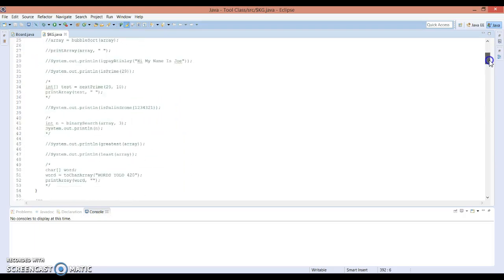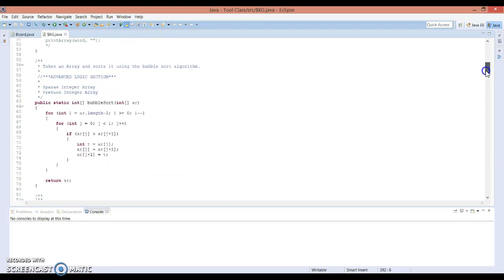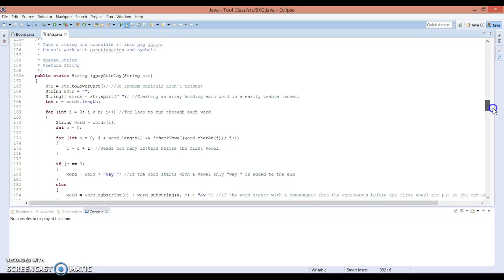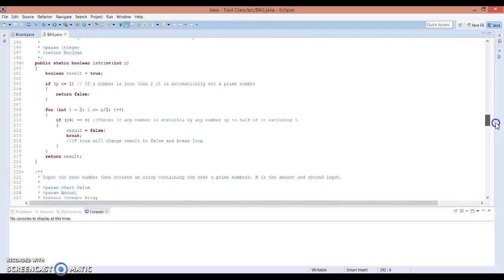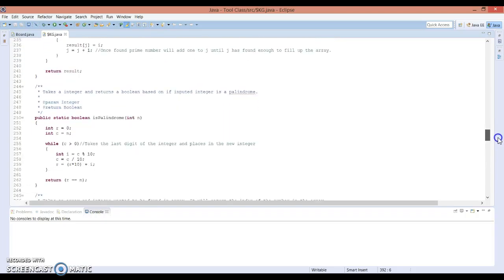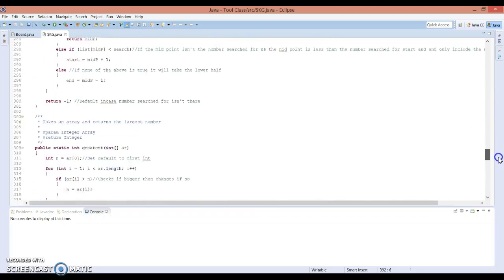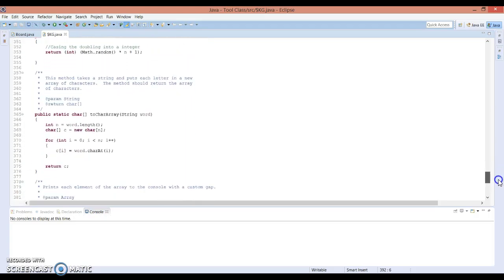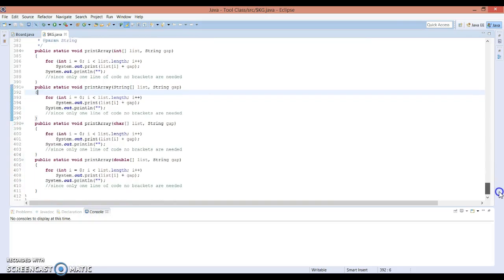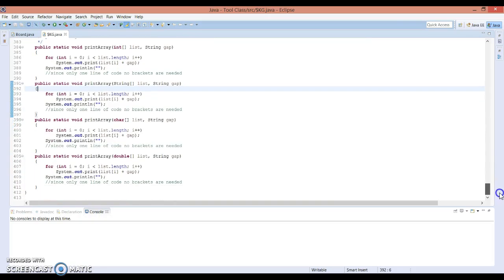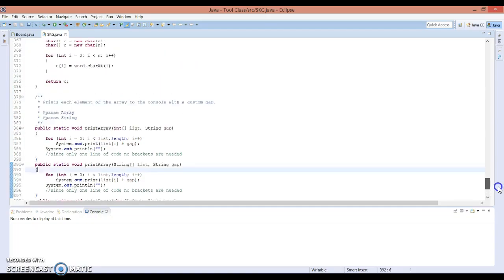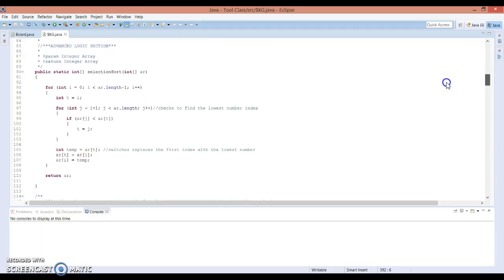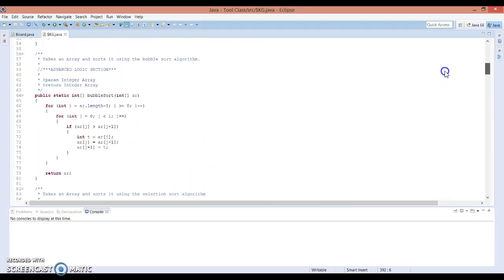Now, if we take a quick glance at my tools, we can see I have bubble sort, selection sort, insertion sort, a check vowel, a pig Latin, is prime, next prime, palindrome, binary search, greatest, least, and random number, then to char array, print array 4 times to get those, to make it able to print every type of array. So if we go to the top, the first thing we can see is the 3 sorting methods that I